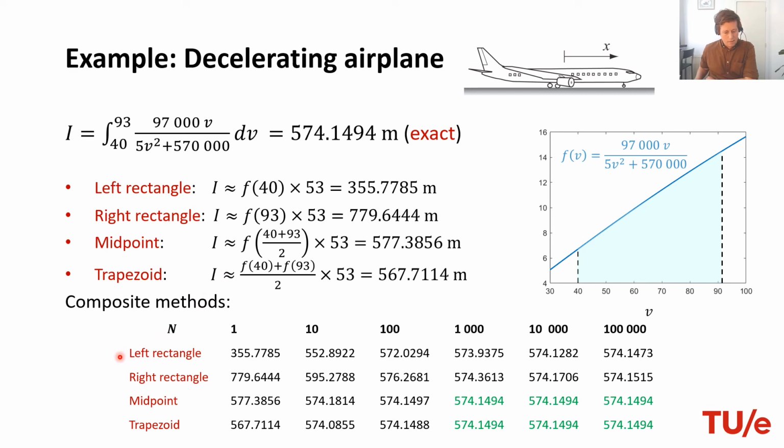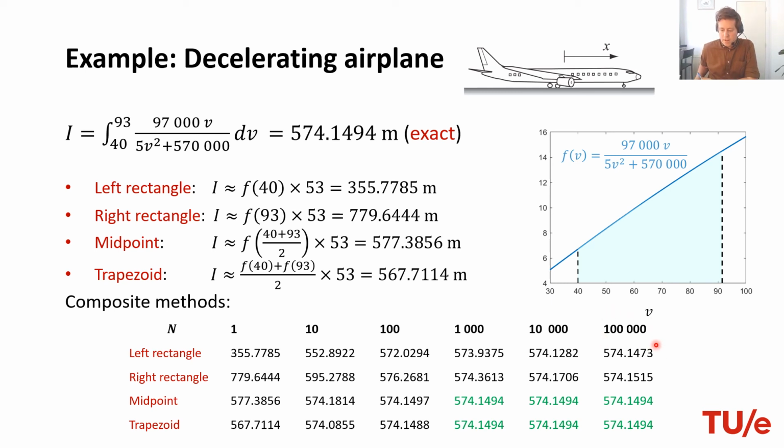Let's take another look at this. So for both left and right rectangle, we start increasing n more and more, but only very slowly we start getting some accuracy in the approximation of the area. For instance, let's say that we really want to use this left rectangle rule. We do 100,000 evaluations, then still we are only accurate up until, let's say, 2 decimals after the comma. Whether that's accurate enough obviously depends on your application, but